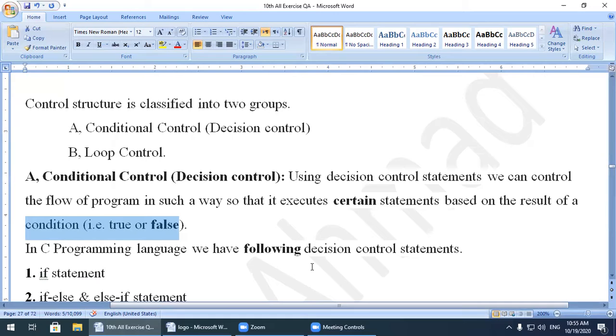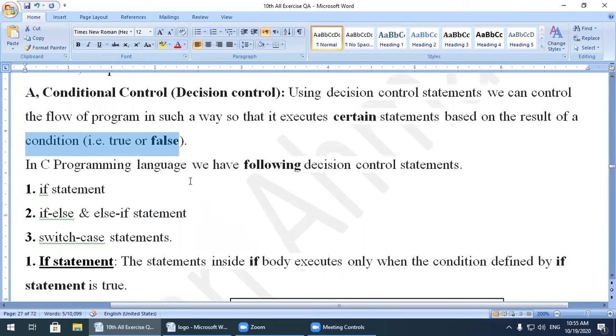So our statements will depend on the conditions. Sometimes we want that if the condition becomes true, this kind of statement will be executed. If the condition is false, another kind of statement will be executed. So this is called decision making.